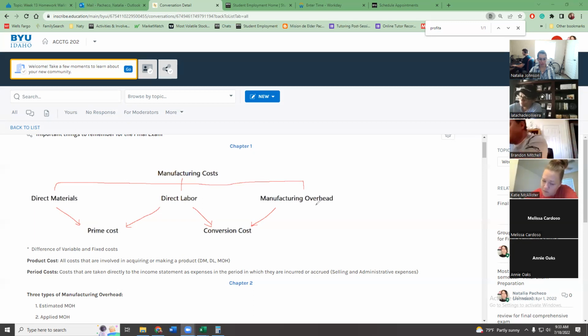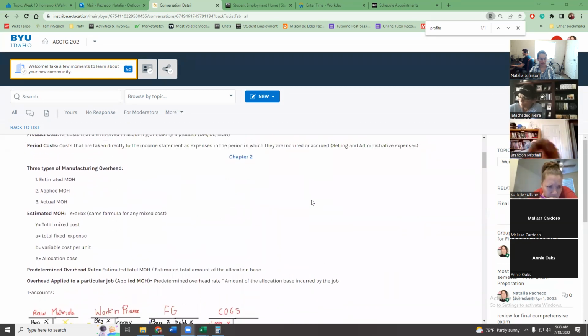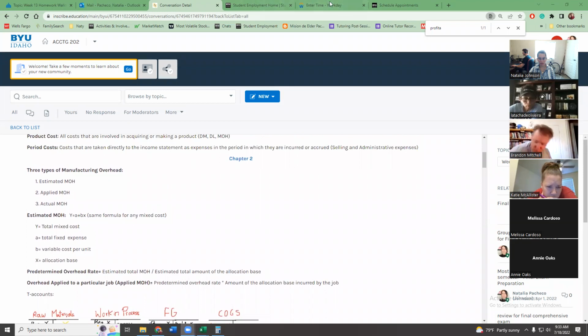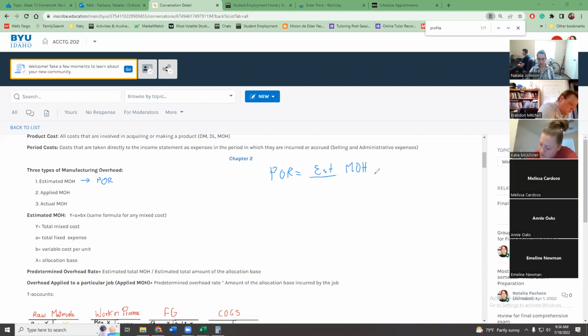Okay, for chapter 2, remember that there are basically 3 manufacturing overheads. So there's the estimated, and we use the estimated only to find the predetermined overhead rate. And the predetermined overhead rate is the estimated manufacturing overhead divided by